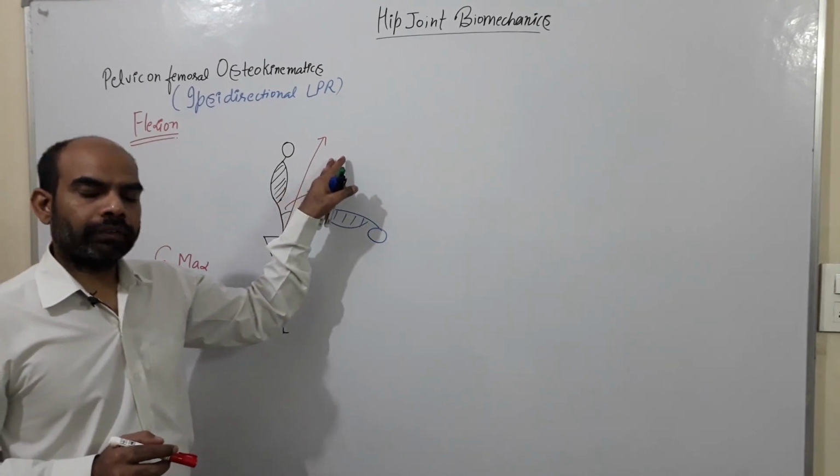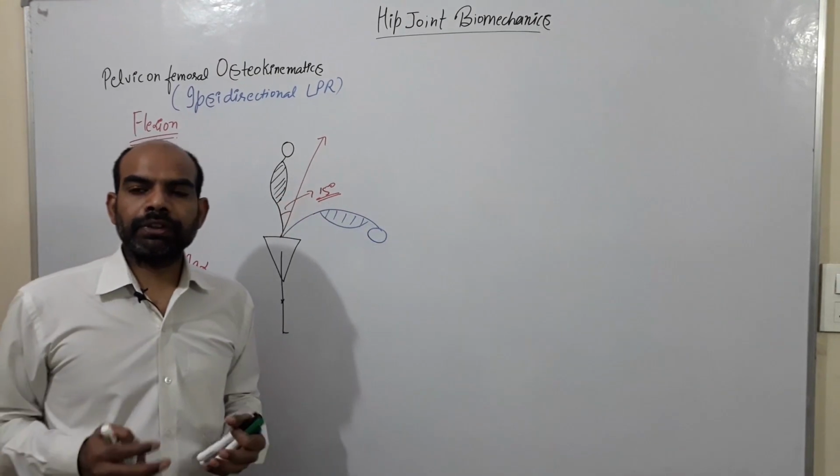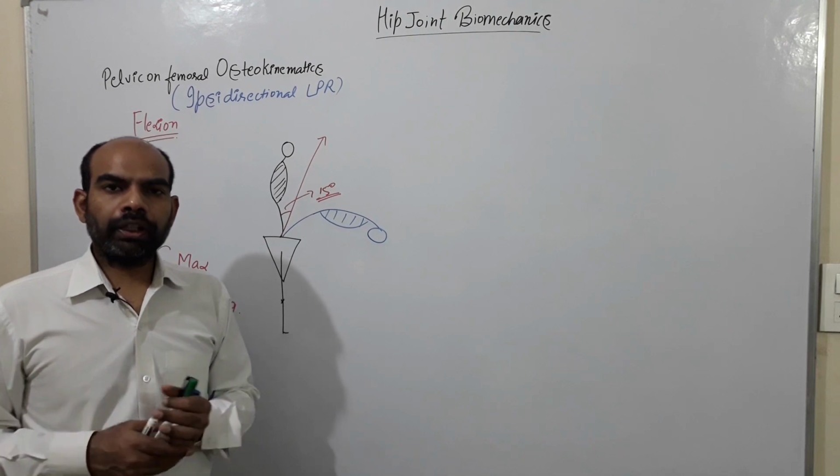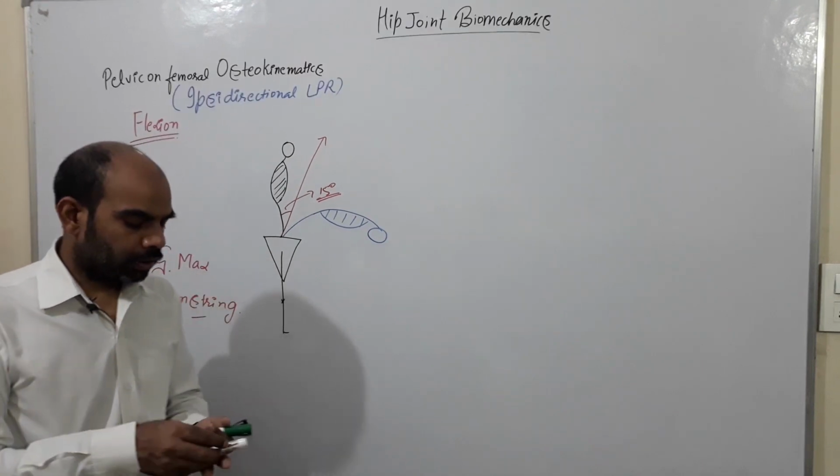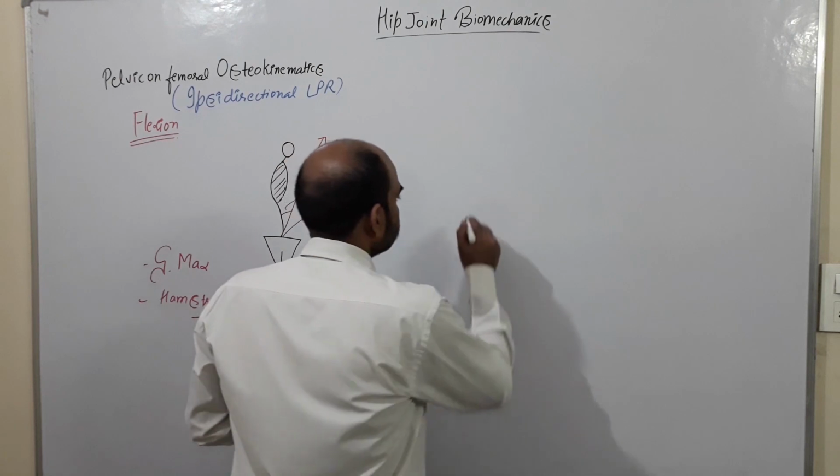After 15 degrees of trunk flexion, the activity of gluteus maximus gradually reduces and the activity of the hamstring gradually increases. If we plot a graph